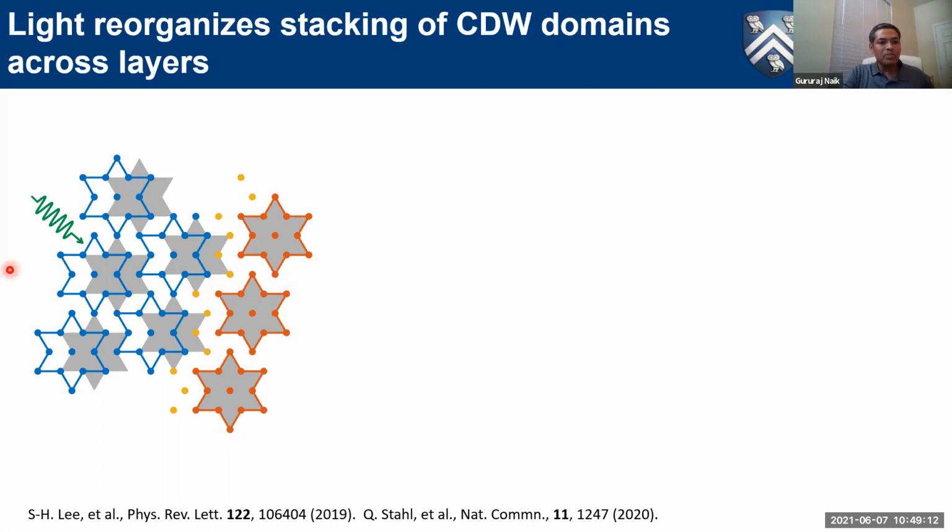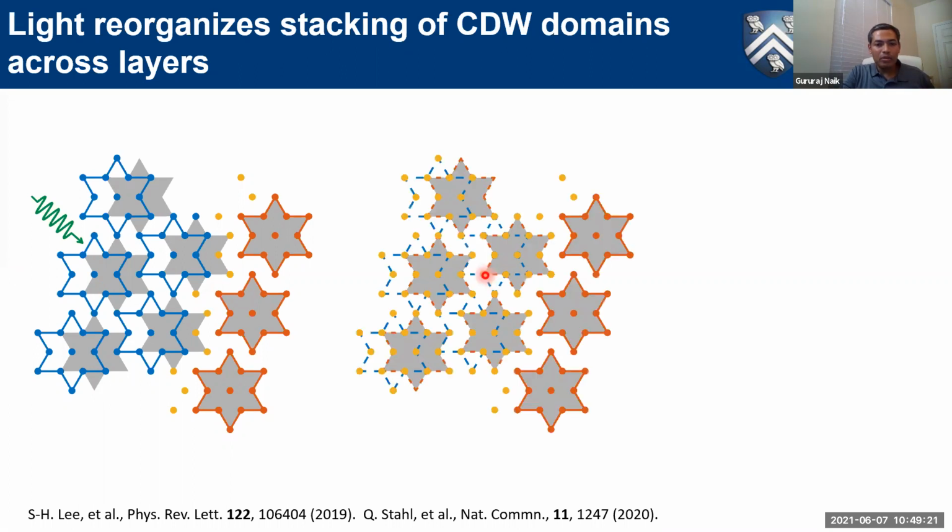So when I shine a visible photon, it can happen that all of these domains will absorb this photon energy and then quickly share this in such a way that this domain either melts or dissolves or only changes at the edges. We still don't know exactly how things happen. We are yet to figure it out.